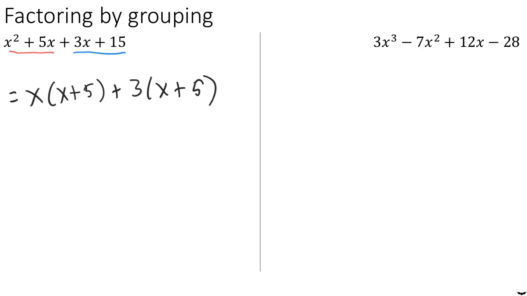The thing to notice about this result is that we have an x plus 5 being multiplied at the first term, and we have an x plus 5 being multiplied by the second term. So what that means is we can give it the same treatment that we did the common factors in the last case. We can take our x plus 5 here and factor it out. What does that leave us with? We're going to pull out x plus 5,